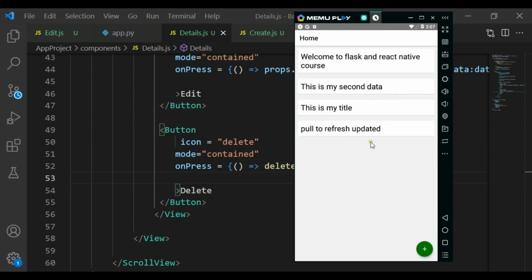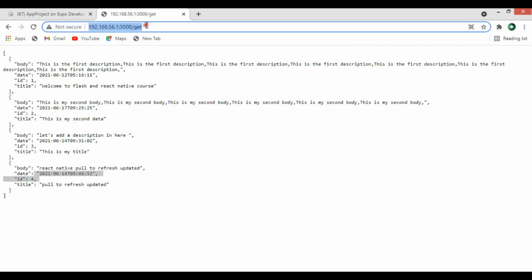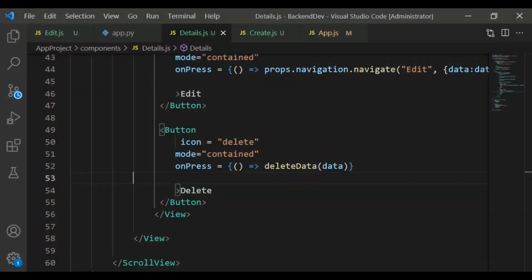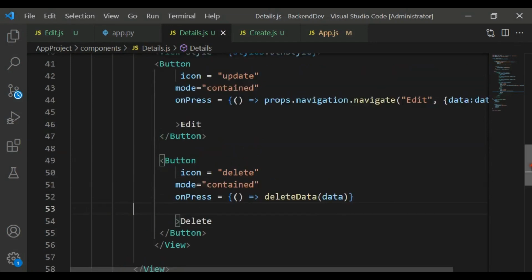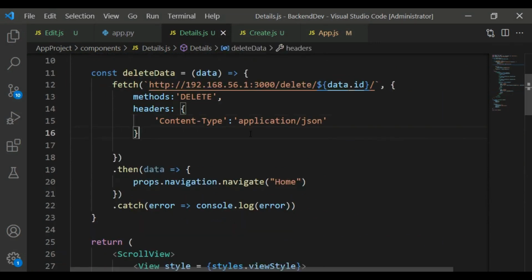And now if I pull to refresh, the data is not deleted. And if we check this, yeah, we have the data and it is not deleted. Now let's check where the problem is, data.id delete. Alright guys, I think the problem is this, it's not methods, it's method. Now we can save this once more,